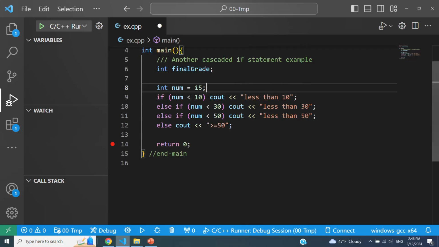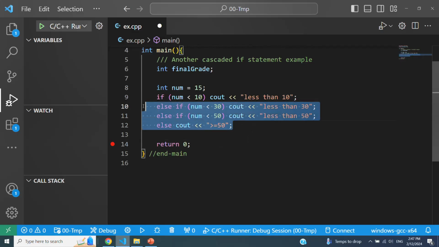In this case, because the operator is less than, we have to start with the minimum value, then the next minimum value, then the next minimum value. Otherwise, if you put the maximum value in here, any number that's less than the maximum value will automatically be smaller than the other values. We would never be able to execute these statements if you write it in the wrong manner. So this is the way you're supposed to write it.